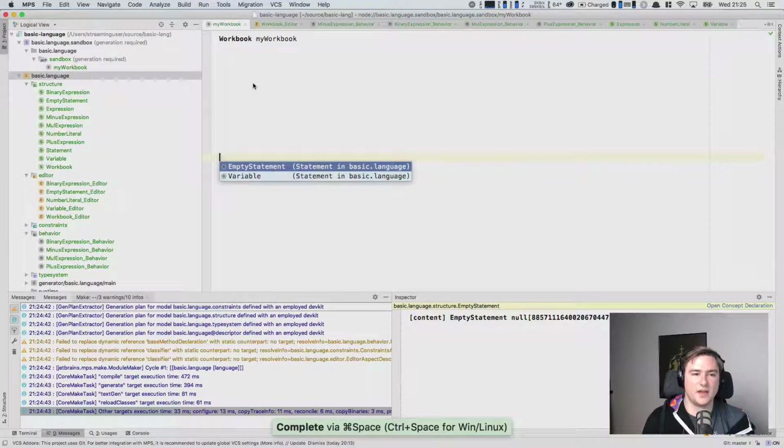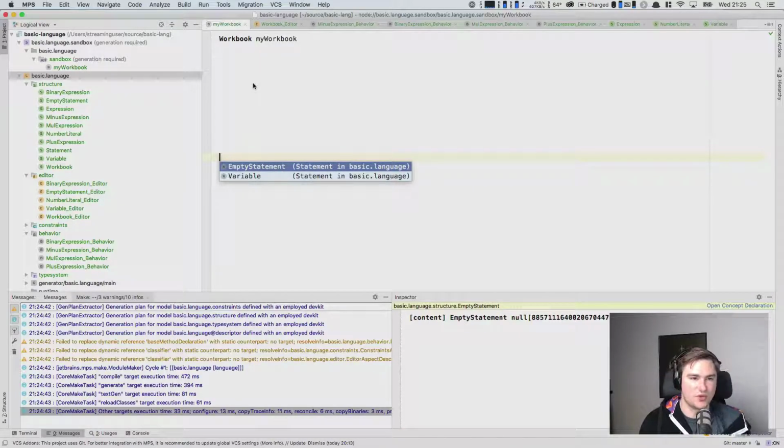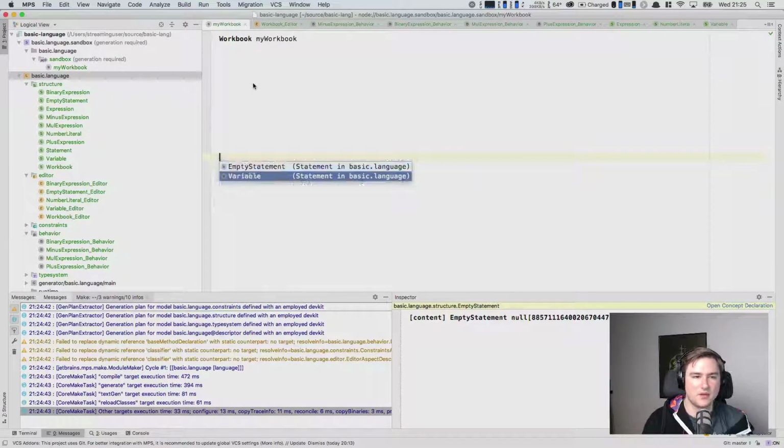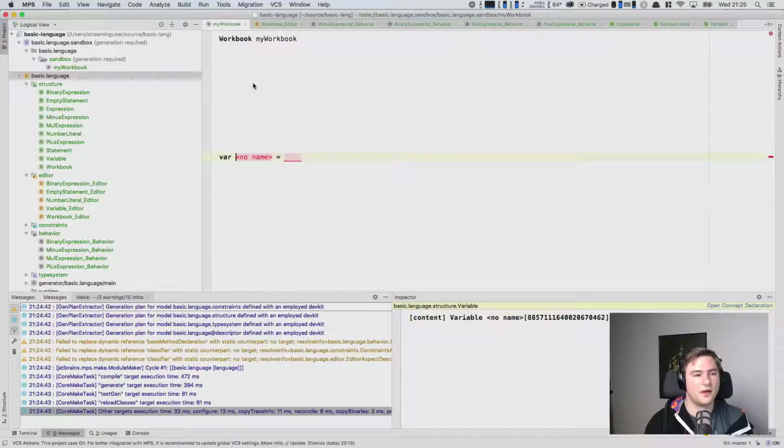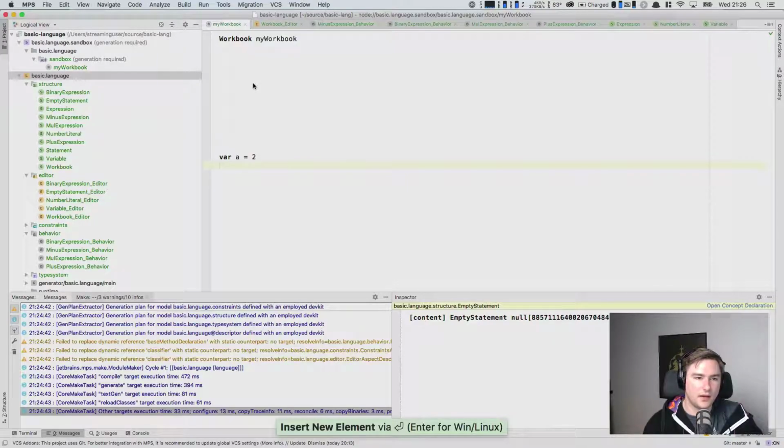And if we go to one of these lines and press Control Space, so open the code completion menu, we can see that it still shows the empty statement here, but it lets us also select the variable. So we could select that we want to create a variable instead of the empty statement. It's a number value again. Press enter, and now even if at the end of the variable declaration we press enter, we get an empty line automatically, because in the editor we defined that by default we create